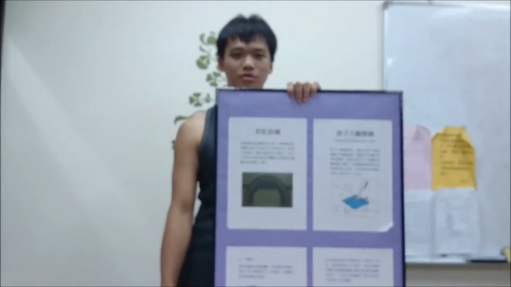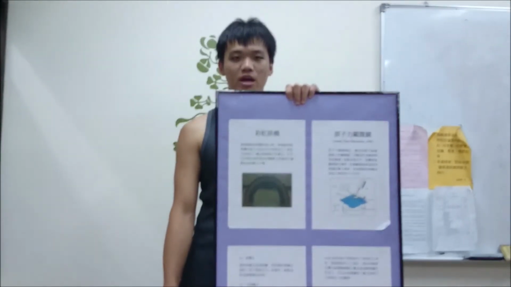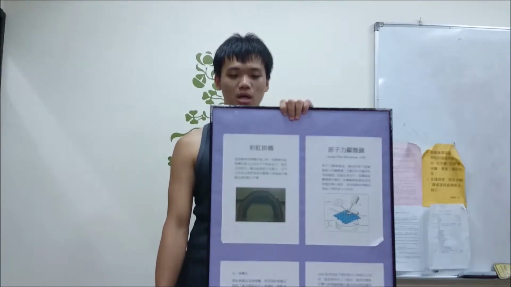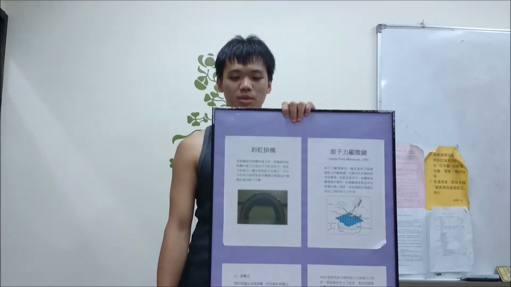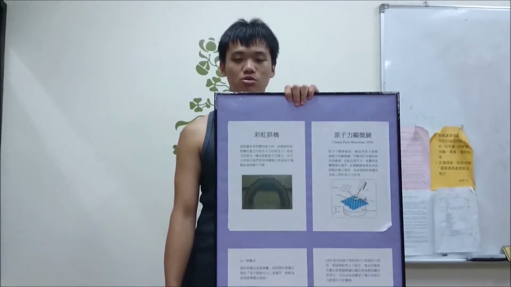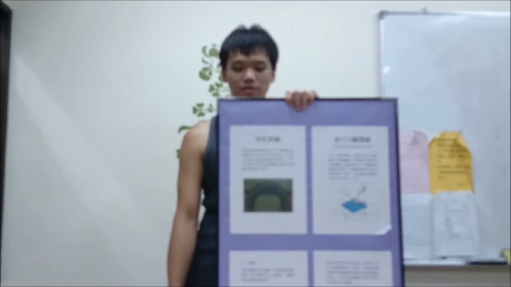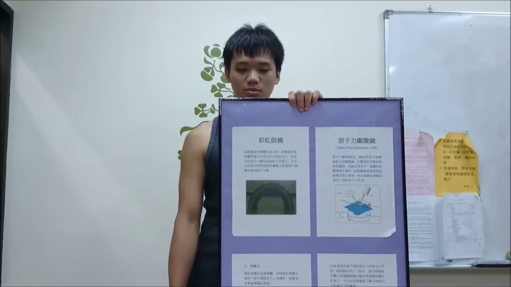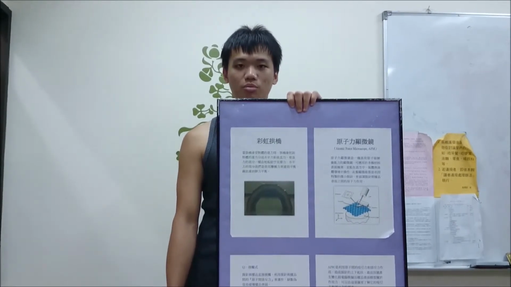Now we want to introduce AFM. Everyone in junior high school must have used a microscope, and AFM is a more sophisticated kind. Structures at the atomic level can be observed. This concept is similar to blind touch. In other words, it's like feeling the surface with a mechanical probe.